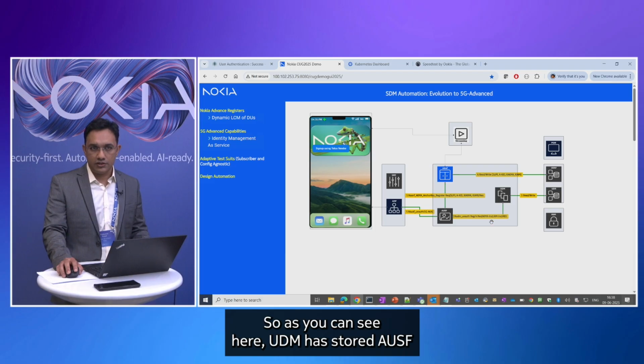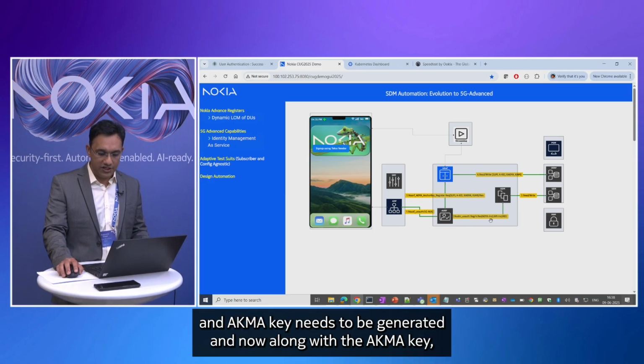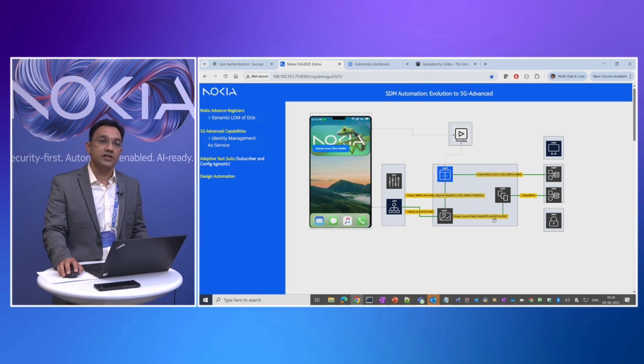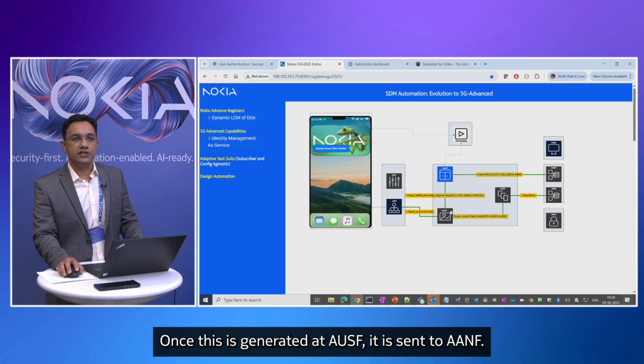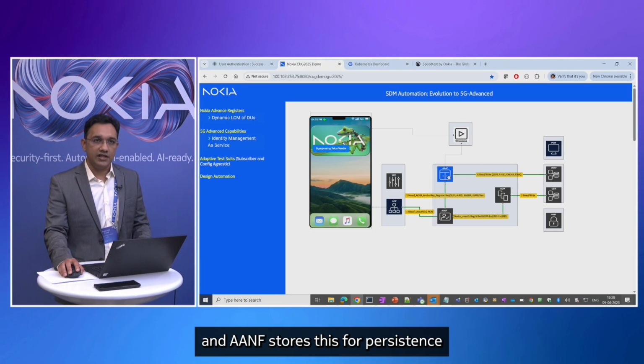As you can see here, UDM has told AUSF via an authentication API that an ACMA key needs to be generated, and along with the ACMA key, there is also going to be an identity management key, which we are calling the IAM key, generated at AUSF. Once this is generated at AUSF, it is sent to the AANF,